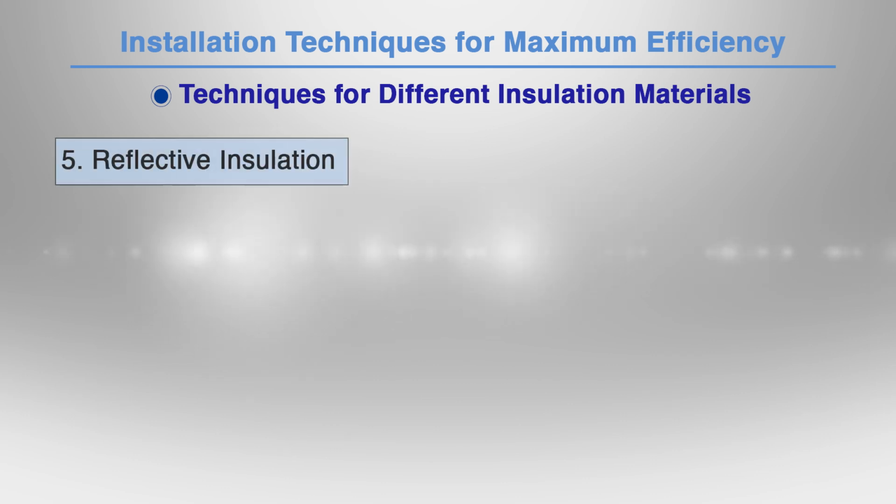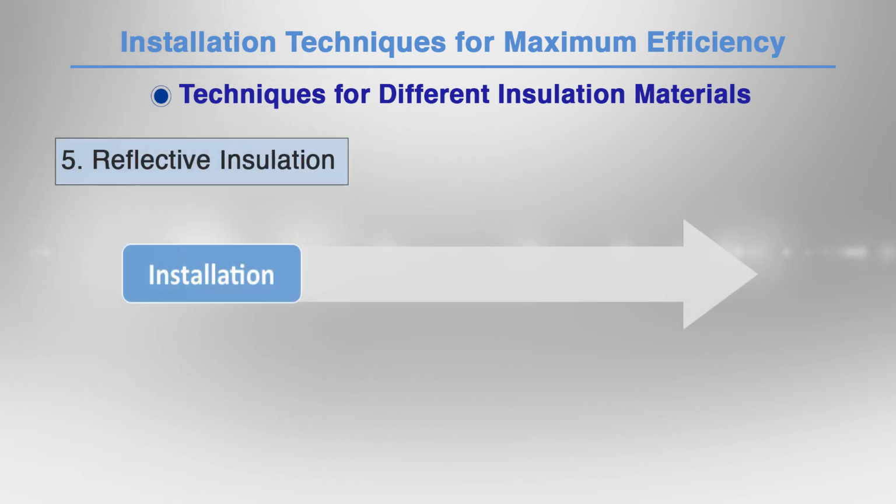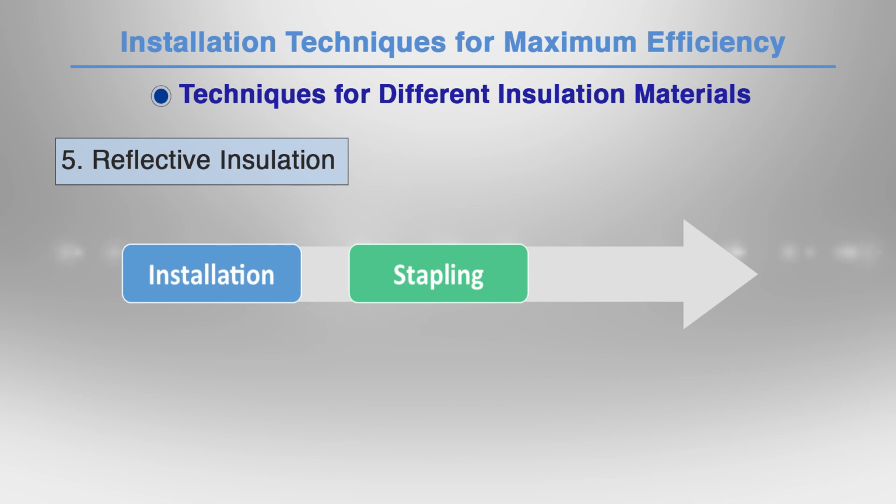Fastening: secure the foam board with mechanical fasteners or adhesive, depending on the application. Fifth one is reflective insulation. Installation techniques: install reflective insulation with the reflective side facing an air space to maximize its effectiveness. The air space should be at least 3/4 inch wide. Stapling: staple the reflective insulation to the framing members, ensuring it remains